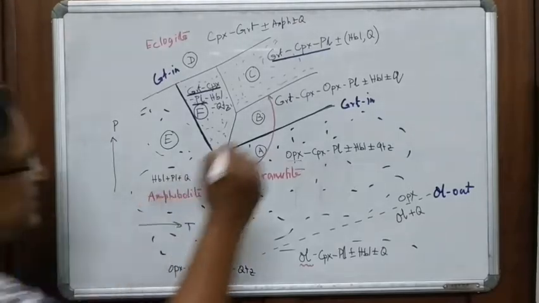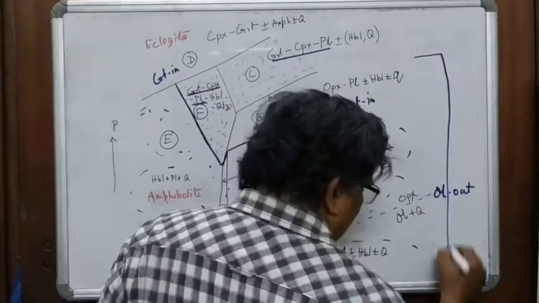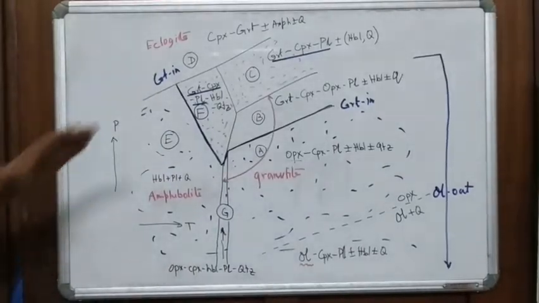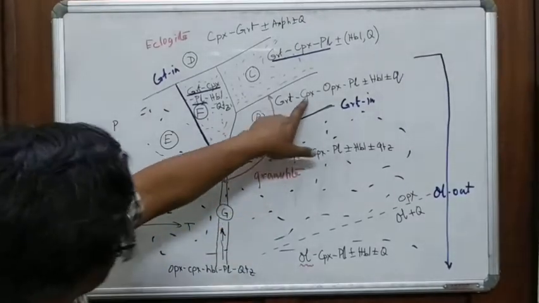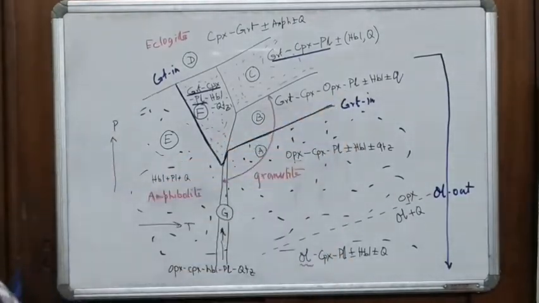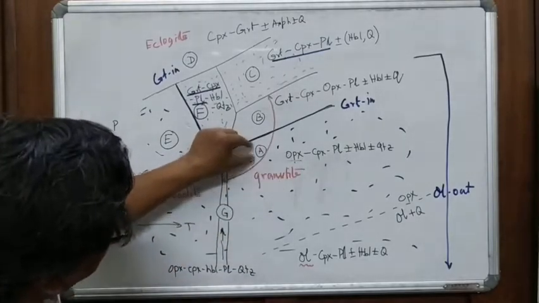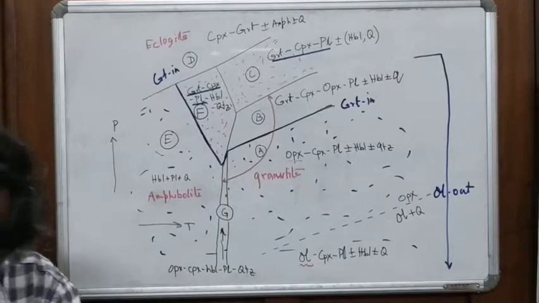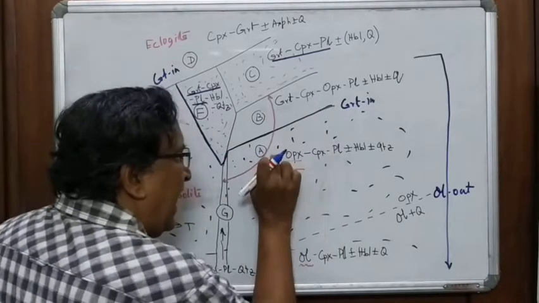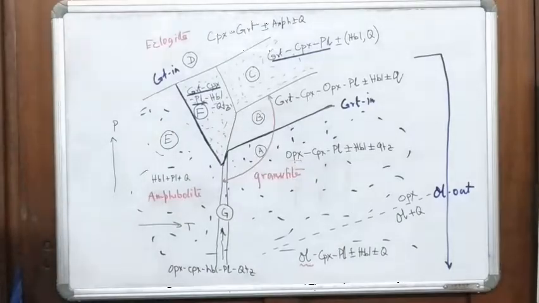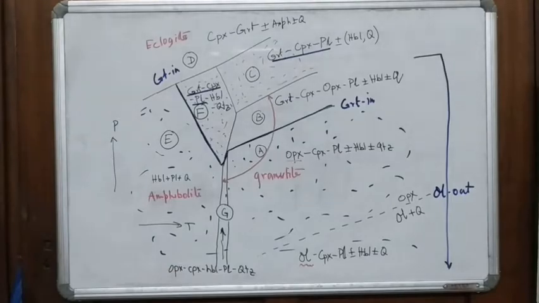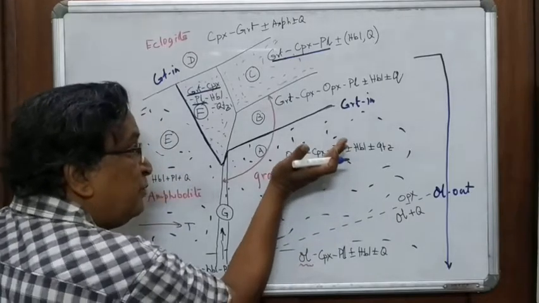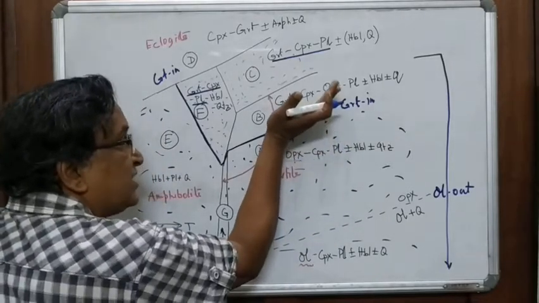Now you look at this part, all right up to this part. The whole thing is granulite facies. Why? Because you have the characteristic assemblage orthopyroxene. But there is a difference between A and B. What is the difference? The difference is at A you don't get garnet. At B you start getting garnet. Right? Now this is important. Olivine out, as you move up pressure in the granulite facies, you get garnet in,